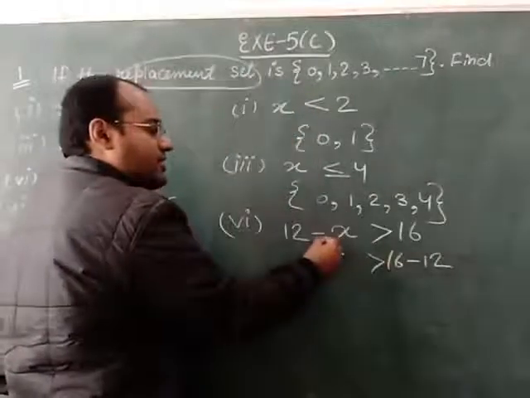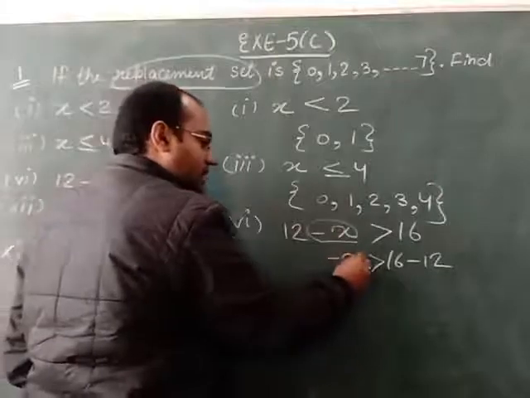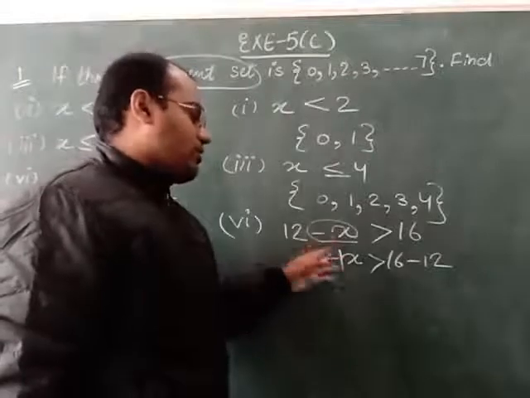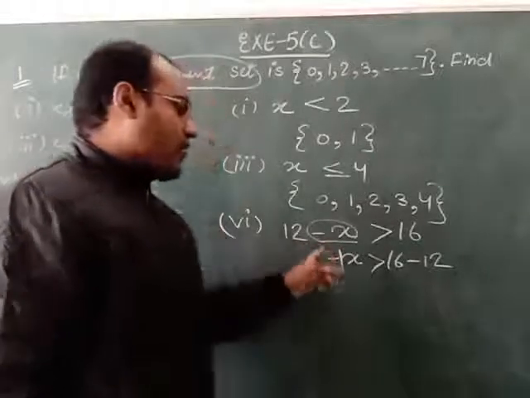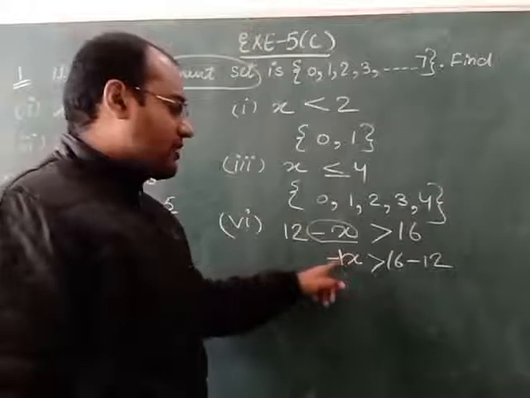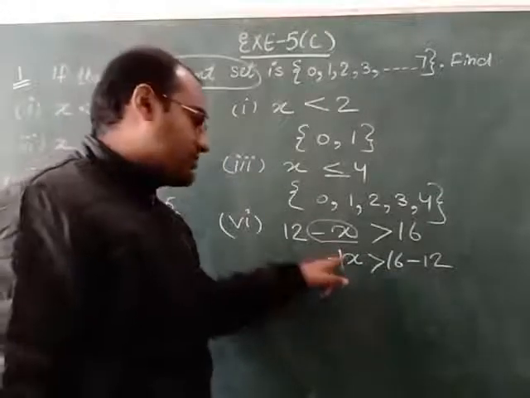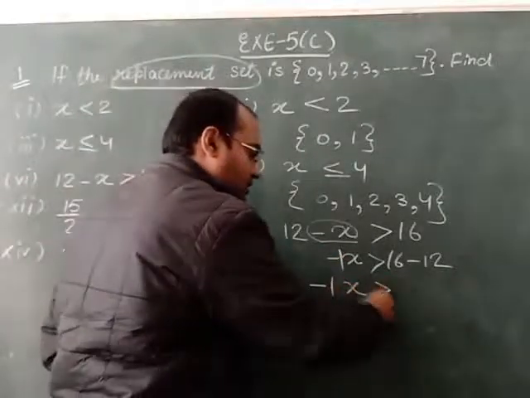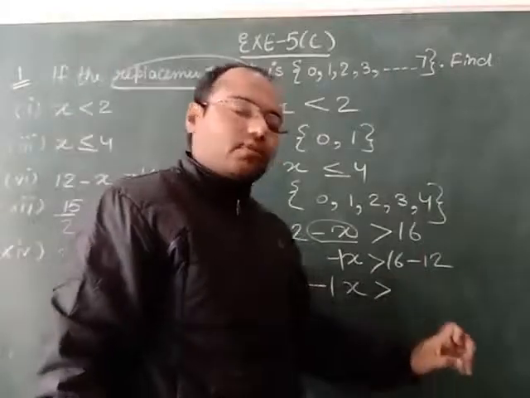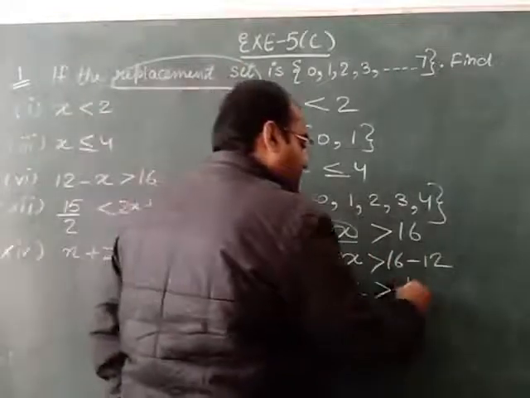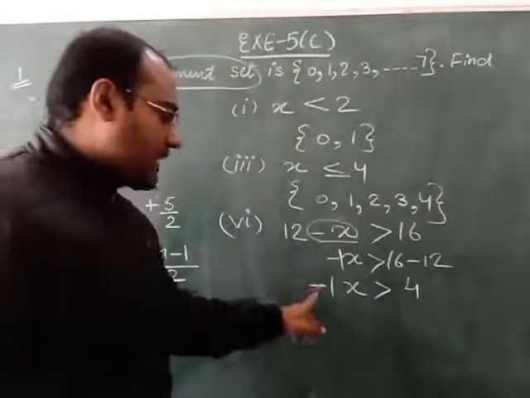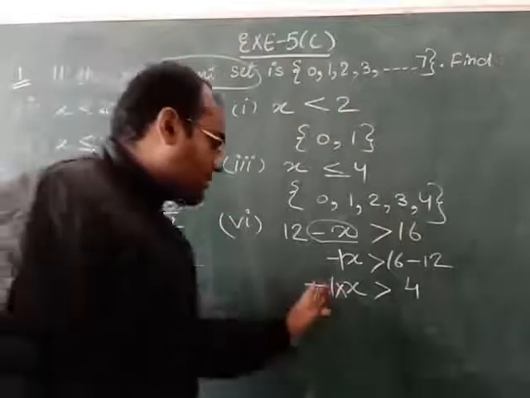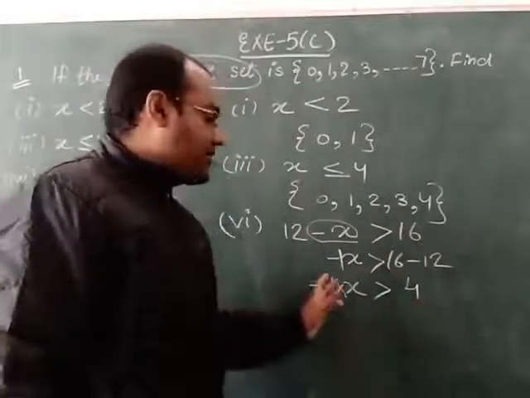But on the left hand side, what is the remaining term? Remaining term is minus X. Here no number is coming, that's why we will take 1. Since no number is written here, we will take 1 here. Now minus 1x. Here in between minus 1 and x, no sign is coming. That means here it is multiply. So first of all we will write as it is, minus 1x is greater than 16 minus 12, which we will do first. 16 minus 12 answer is 4. Now between minus 1 and x no sign is coming, that's why we take multiply. So minus 1 will come on the right hand side and it will be written in divide.